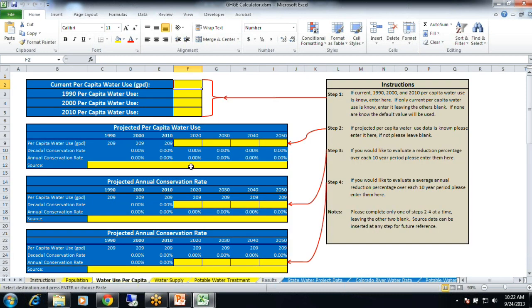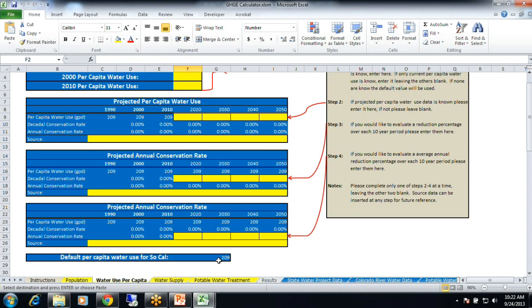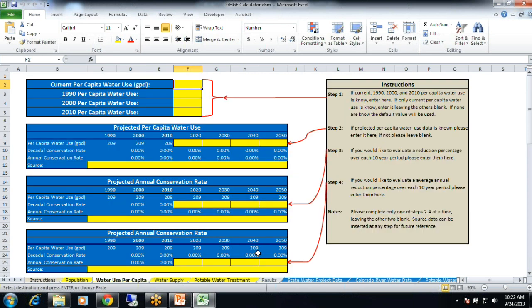So then you go to water use per capita. Before, for my results, I didn't put in any water use per capita data. So the Southern California default is 209 gallons per capita per day, per person. So that's a pretty good estimate because it's site-specific to Southern California. Now, if you come down to little sub-areas of Southern California, you're going to get a variety of different gallons per capita per day. So if you want to know exactly what's going on for your study area, you need to put it in.